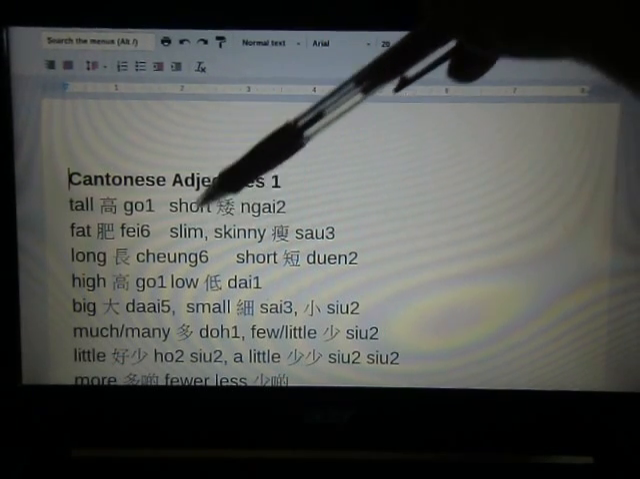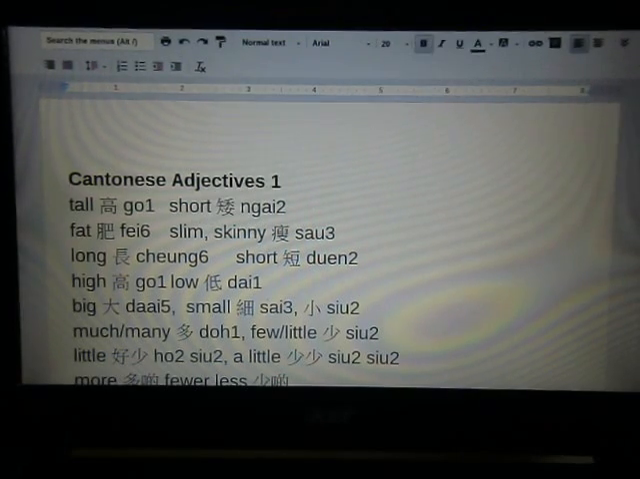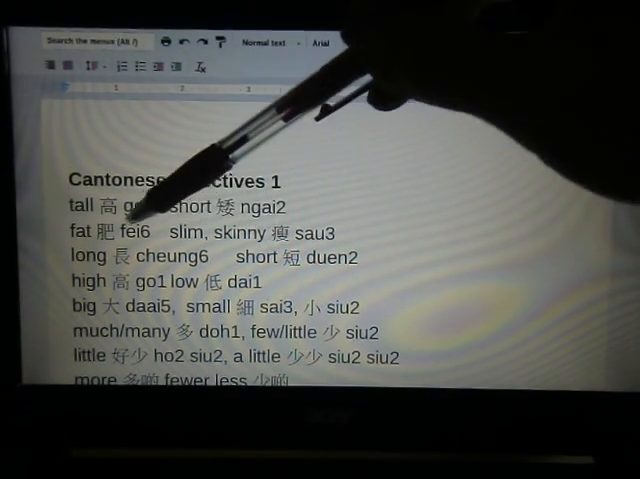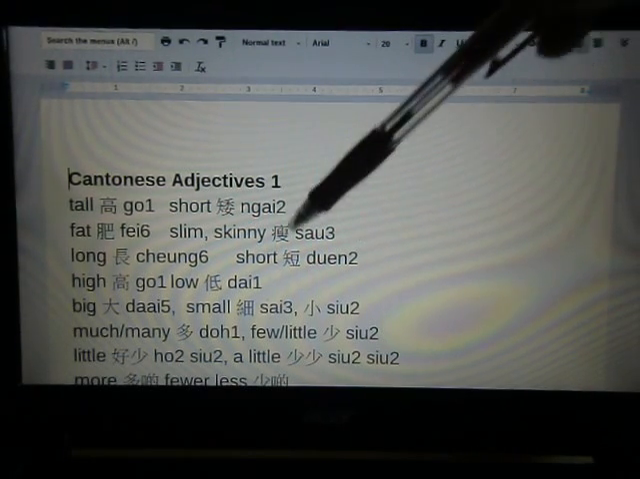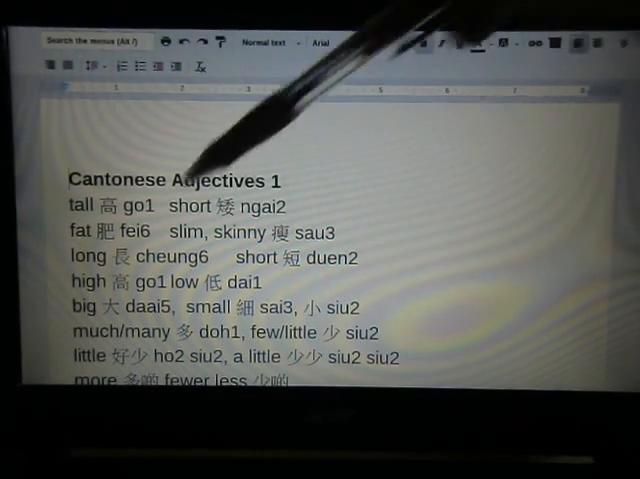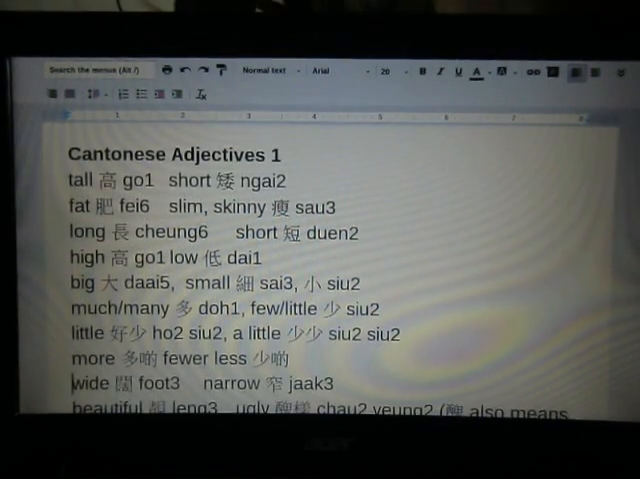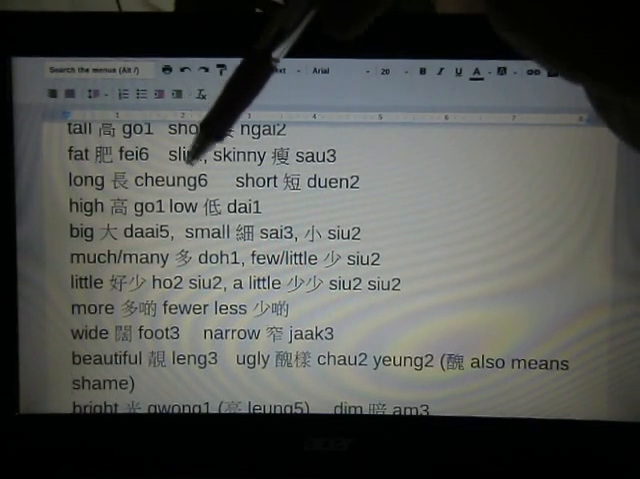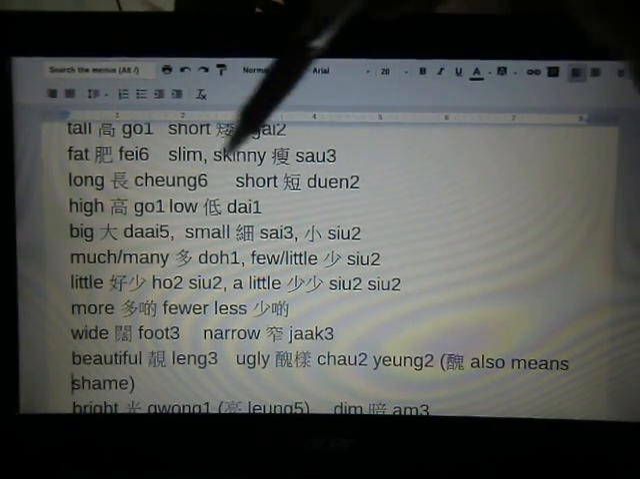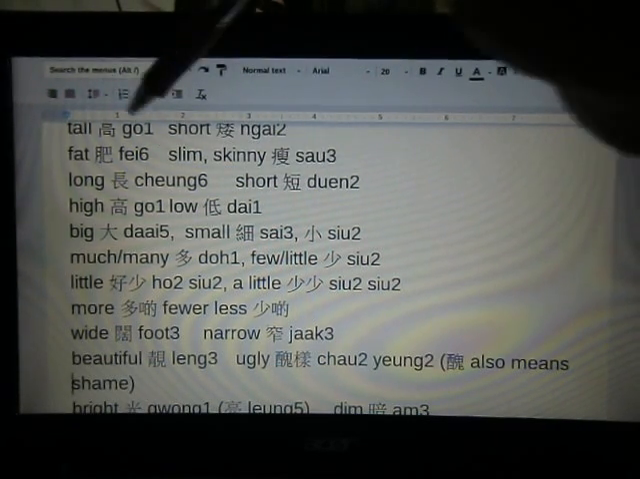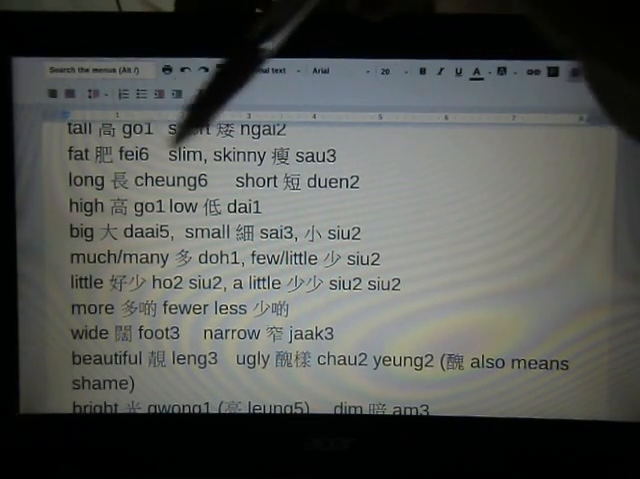For skinny or slim, we use sao. Okay, so we don't really distinguish between slim and skinny. Okay, fei sao, 肥瘦. 長短, 長 is long, 短 is short. So we have 高矮, 肥瘦, 長短. And then the other thing which is kind